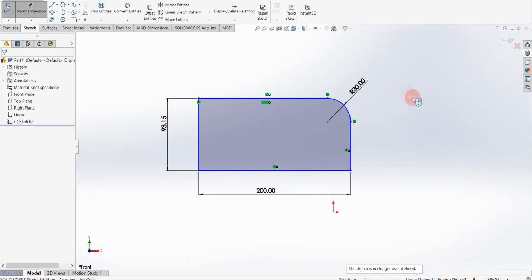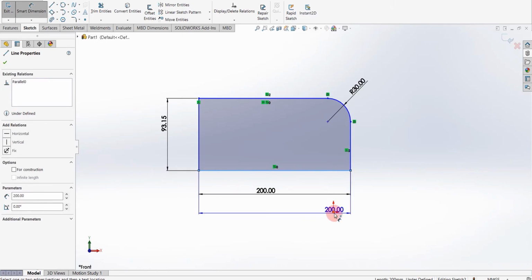We can see this figure is in blue color. That means it is under constraint. You can see in here it states under constraint diagram. So we have to constrain it. If you want to constrain any drawing or sketch, you just have to mention each curve's relation with the origin of the plane.